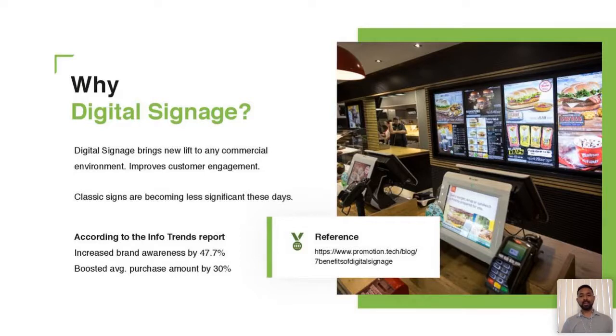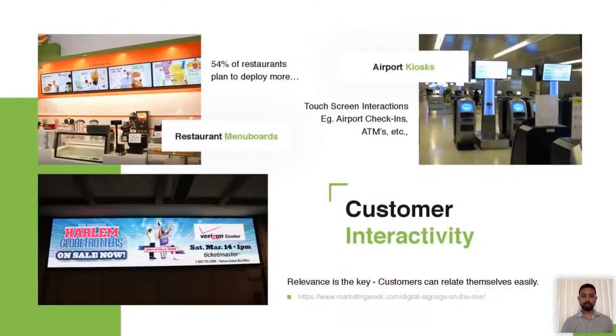So it's easy to convince the customers without telling them anything, just informing them using graphic designs and converting them into customers. So the main reason is to get the interaction of the customers.